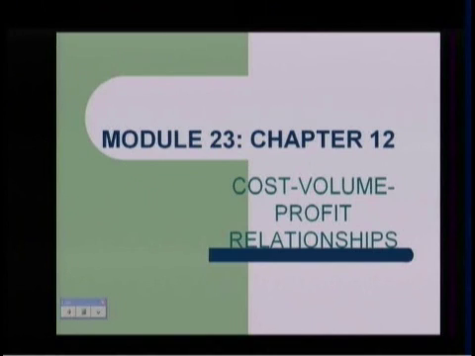We're going to do Module 23, which is the last part of Chapter 12. We're going to continue our discussion of CVP relationships, in which we last time talked about variable cost and fixed cost, and the fact that we could divide up even mixed cost into those two components. And we said that we were going to talk about how we were going to use that information in this module. So what we're going to do today is talk a little bit about changing our income statement format